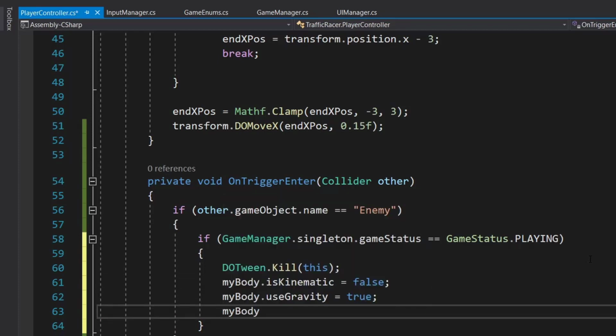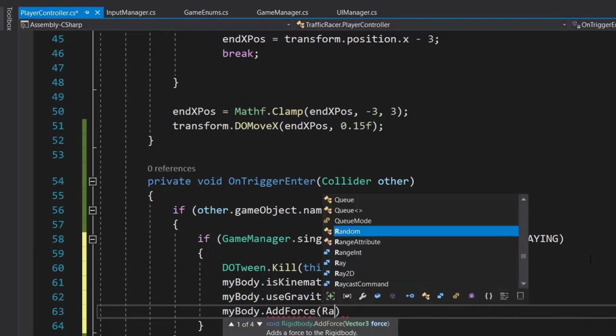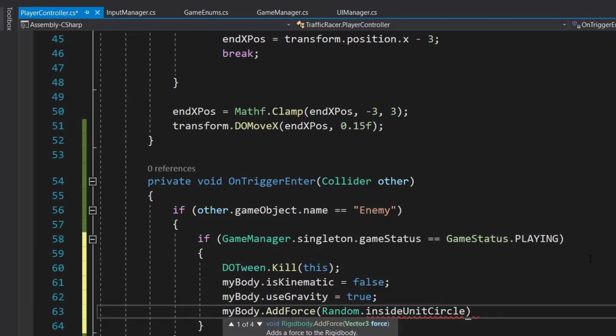So myBody.AddForce, and it will be Random.insideUnitCircle.normalized times 100. We are using insideUnitCircle, so this makes sure that the force will be added only in the x and y direction, and we are normalizing it so that the value will be between 0 and 1, and we are then multiplying it with 100.